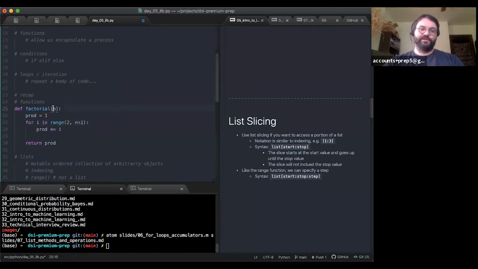So if n is 4, we're going to do 2, then 3, then 4. We're going to multiply that value, which I'm calling i here, by whatever the current value of prod is, and then save that as the new value of prod. And after all is said and done, we want the output of this function to be whatever the value of prod is.